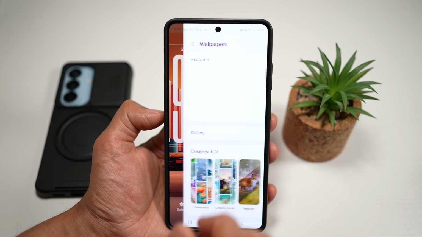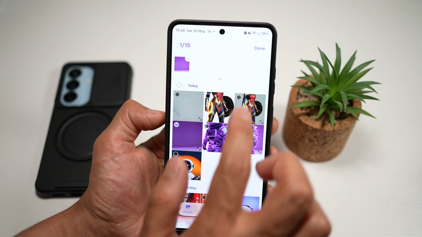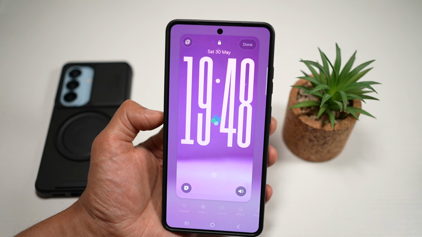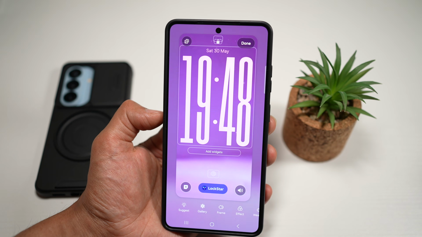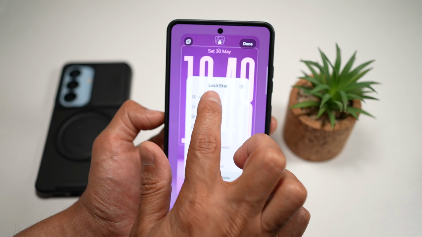Now we'll go ahead and start changing the wallpaper. So we'll tap on the wallpaper icon here, tap on gallery. We'll go ahead and find that background first. So we've set our background. Now the next thing is to put our astronaut image here. So we'll tap on the lock star here. We'll apply the app widget